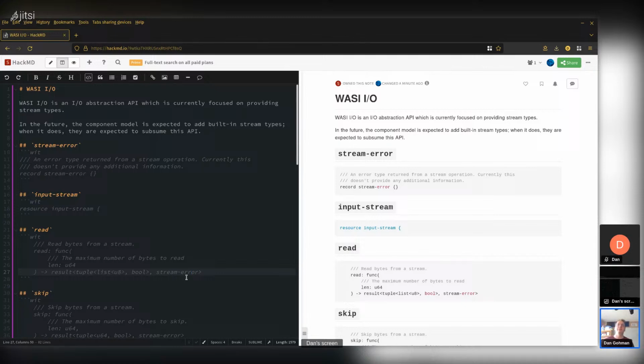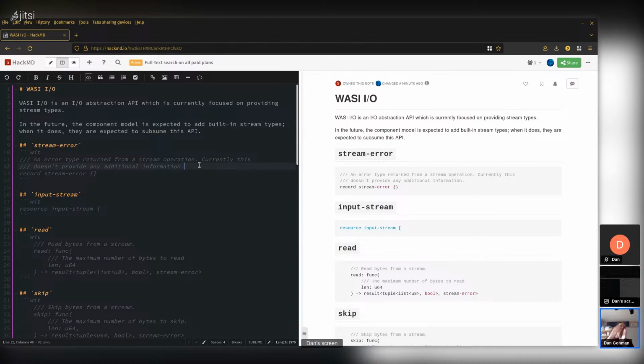And so we only have what POSIX would call EIO. An IO error happened. I don't know what it was. I can't tell you anything about it, because that would require me to tell you what the underlying thing was. And so it's just a fully generic error. That may evolve over time, but that's the current thinking about the stream error type: it's just that an error happened.